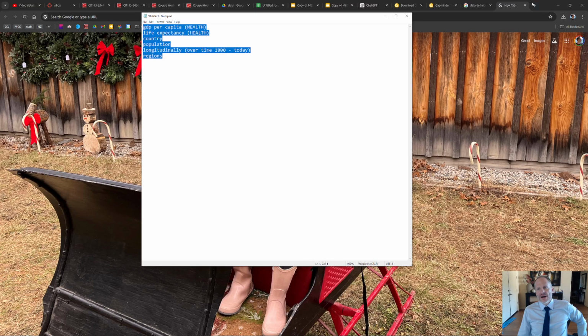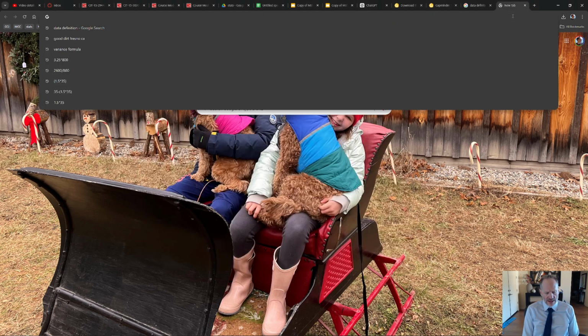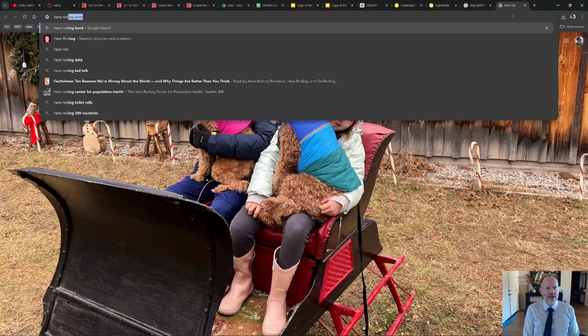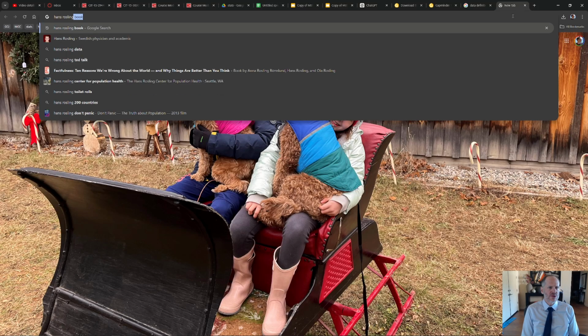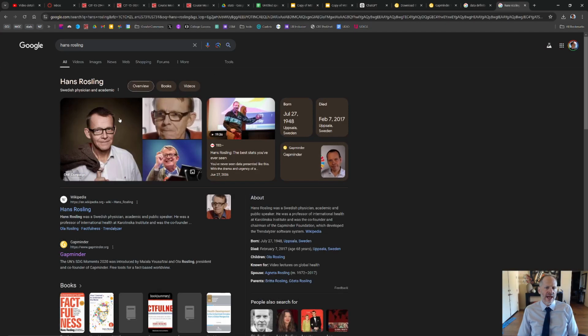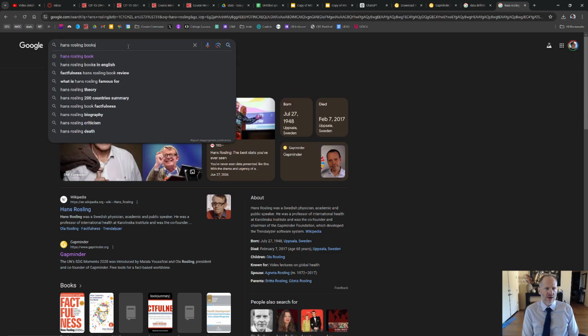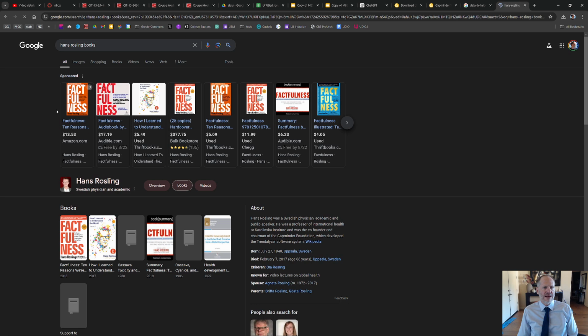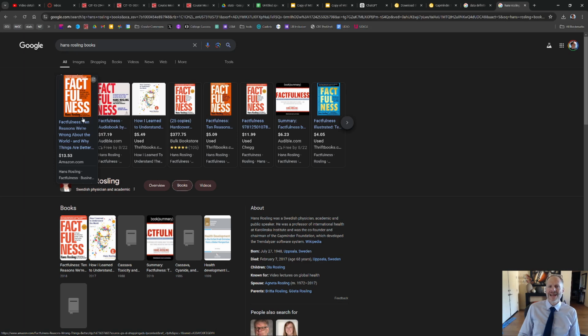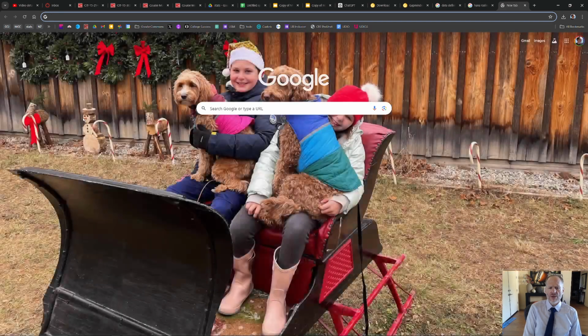So there's this guy, Hans Rosling, and Hans Rosling passed away. And so here he is, and he's a Swedish physician and academic. He was a statistician, and this is what he looked like. And he wrote this book called Factfulness. And so Factfulness is his book right here. And what he found in this book was that we're living in the best time ever. The best time ever. And this corroborates,